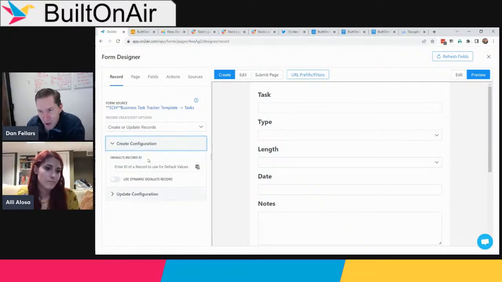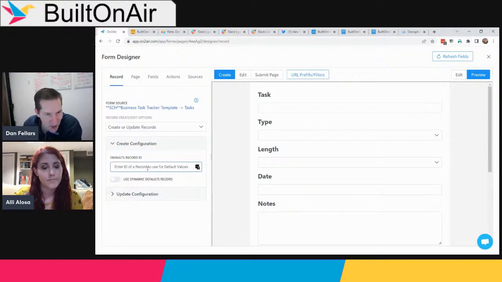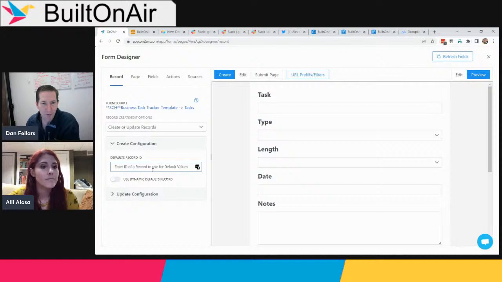So one thing you can do if you're creating a new record, you can actually use an existing record as kind of your placeholder for all your default values on creating a new one. So you can specify in here the internal Airtable record ID of a default record. You can pass them in as parameters into the URL, but an easier way is to have a record in your table already that has the default pre-fills that you want, and then just specify that record ID here. And then when anybody goes to create a new record, it will pre-fill with the values from that existing record